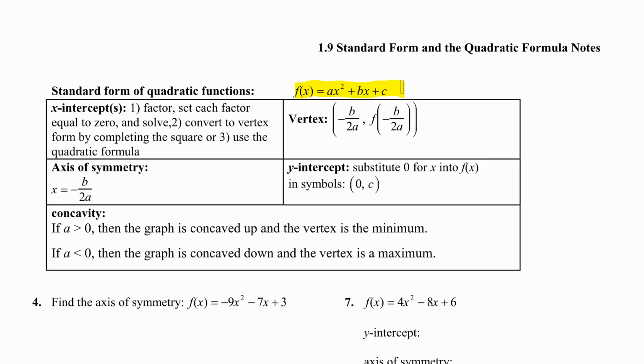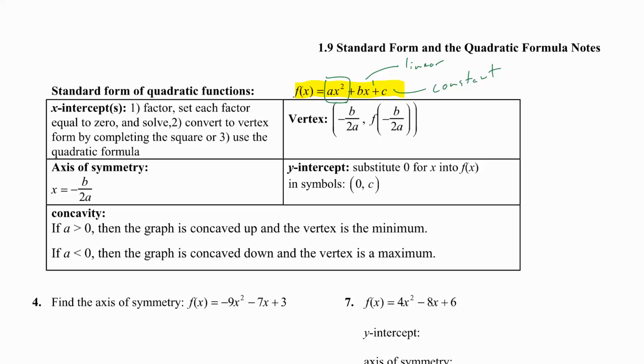bx plus c. And basically that just means there's a quadratic term or a squared term. Okay, so the coefficient of that is a. We have a linear term right here because it's x to the first with a coefficient of b, and then we have a constant term. So again, the main thing is we have that quadratic term, obviously, and then a linear term and a constant